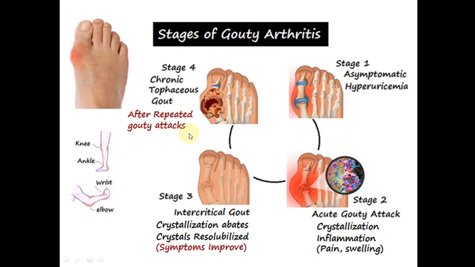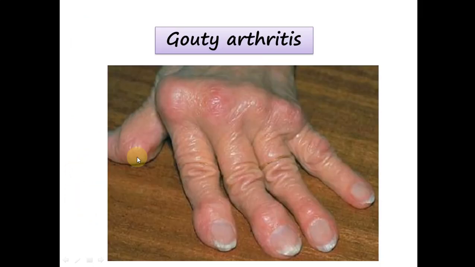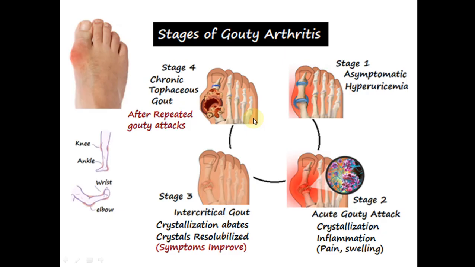When it involves only one joint, this is monoarticular, but if it has involved many other joints of the body, we say this is polyarticular. In a polyarticular gout, when multiple joints of the body are involved, ultimately and eventually in the fourth stage,